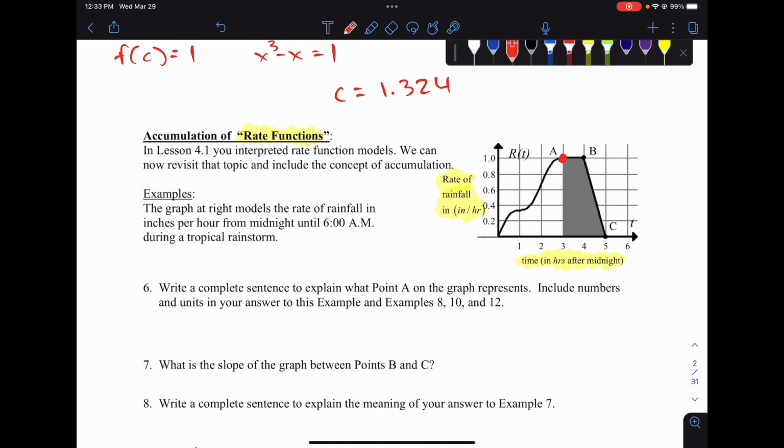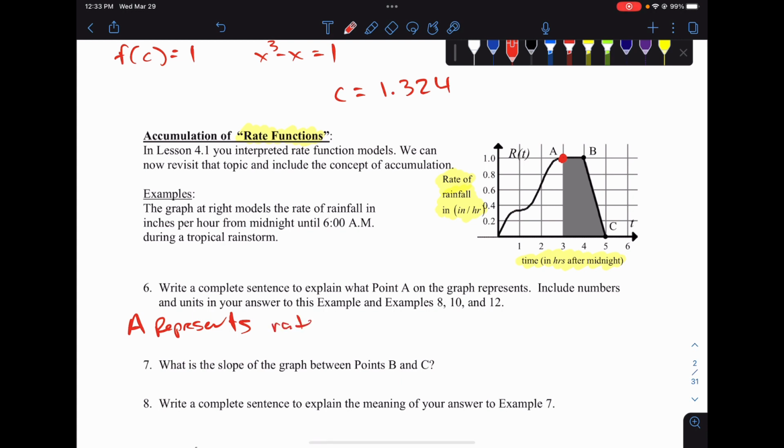So point A, the way I write this sentence, and this is a pretty common question on the test as well, it wants me to describe that point. So A represents... we better use the number because it actually gives us the value of A. We know that it's 1, the y value. So A represents